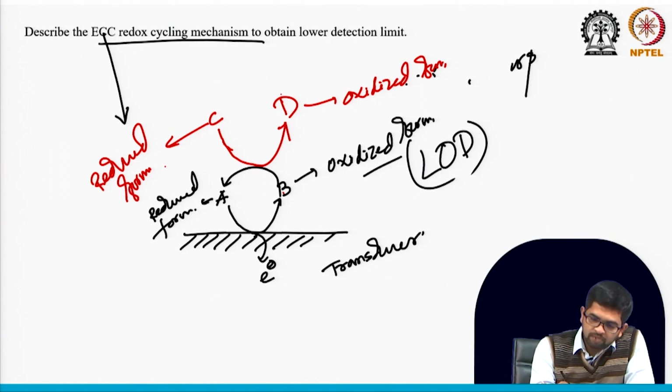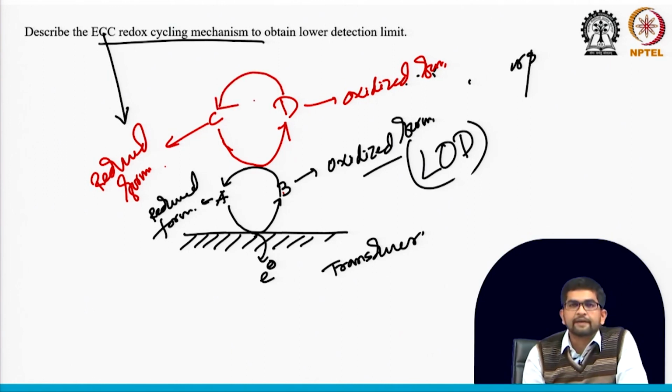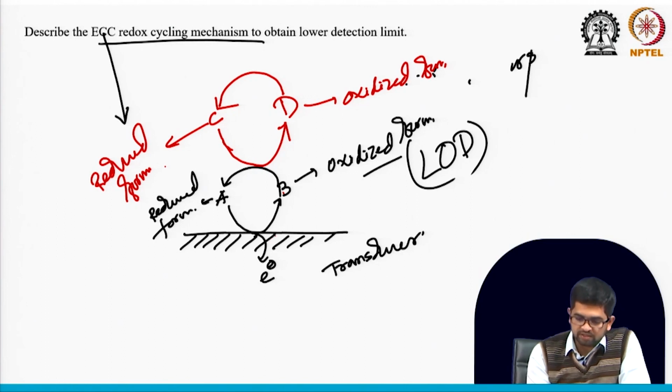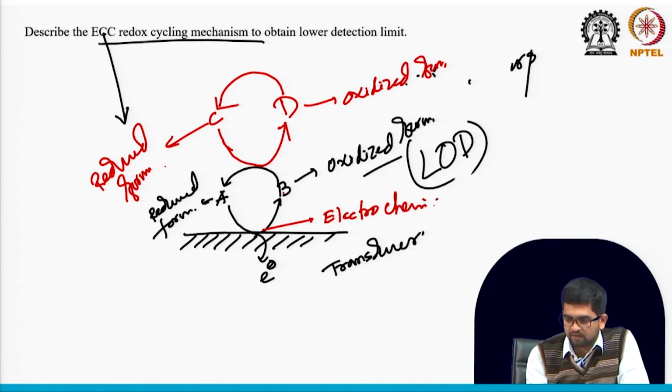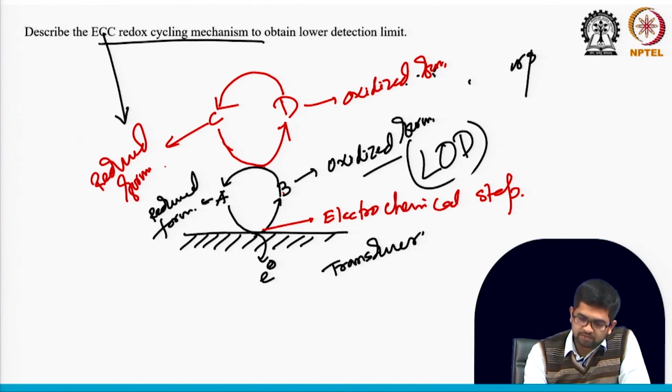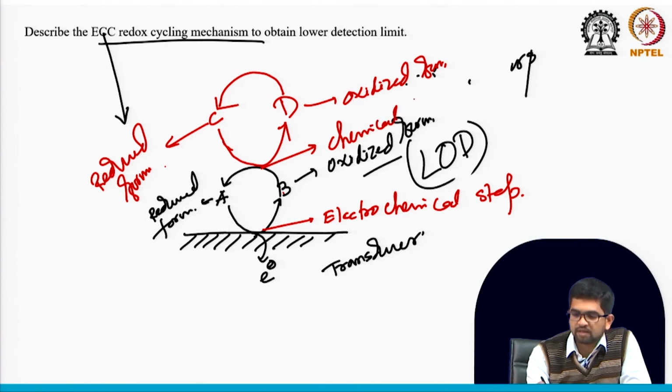Now you have to convert this D to C again, right. So this step is the electrochemical step, right, electrochemical step, and this step means B to A formation. This is the chemical reaction, the B to A formation is the chemical reaction. So this is the chemical reaction step,